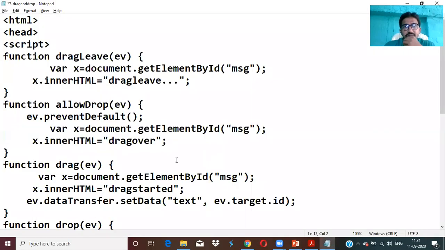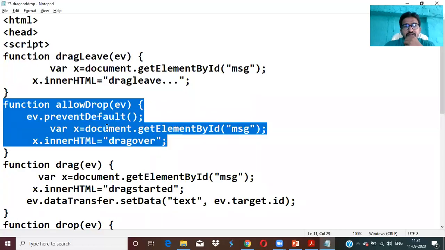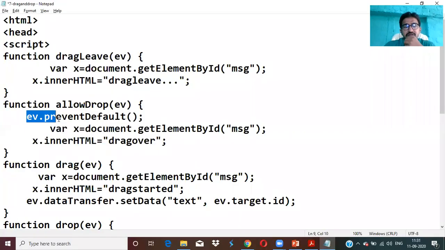Now when you see allow drop, what you are doing is ev.preventDefault, which means event.preventDefault. First, the dragging image has to be allowed by that rectangle box.